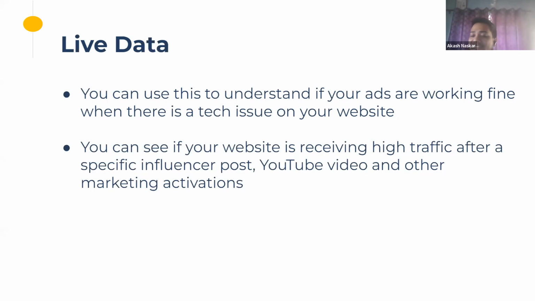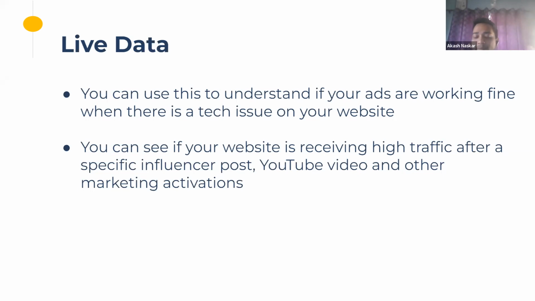Also, we can see the effect of various activities that we are doing after we have just started them. So let's say you do an influencer marketing post with a big influencer, and their post just went live, right? Right after the post went live, you can monitor the real-time number to see the effect. Is this post actually resulting in more users on your website? Or let's say you have just started your campaign, and is that campaign specifically increasing the number of views or the number of visitors on your website? So you can check that data in real time.